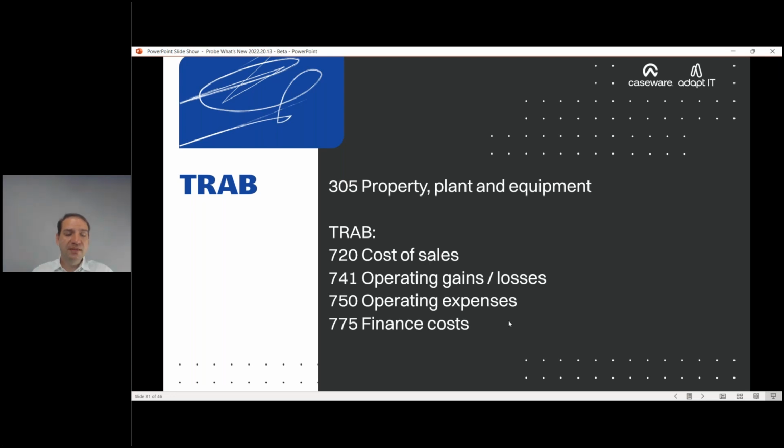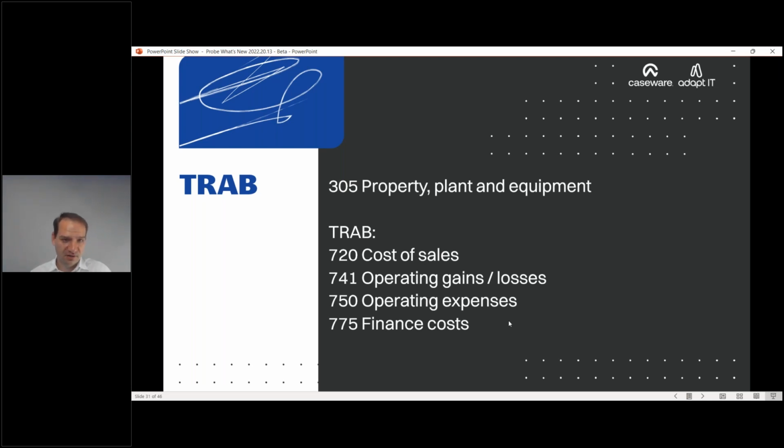So the actual balance for depreciation is now in 720 and 750, cost of sales, operating expenses. We also have operating gains and losses, that is in 741, so that you make a profit on a sale or a loss on a sale. And then we have borrowing costs, which you want to capitalize or not, and that is as part of Section